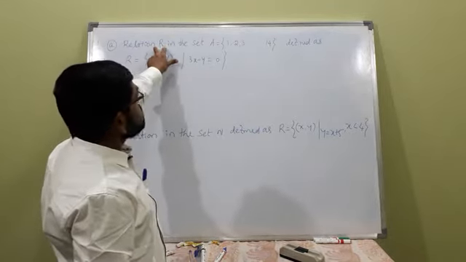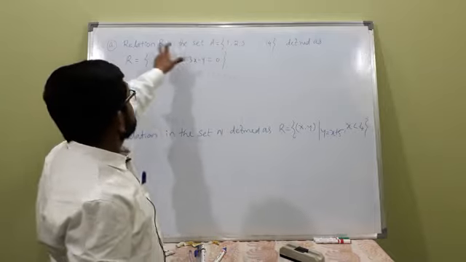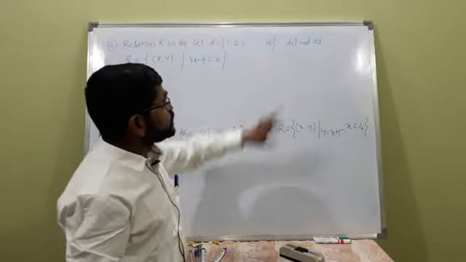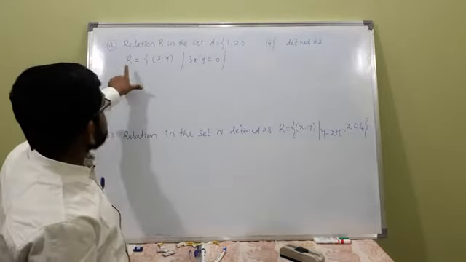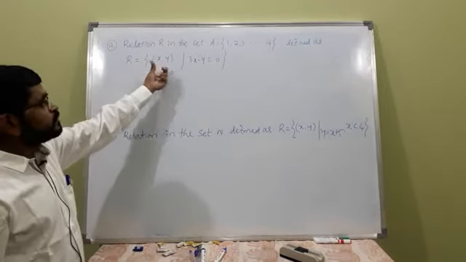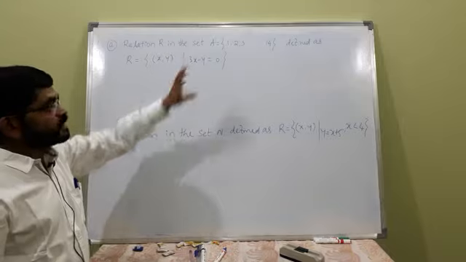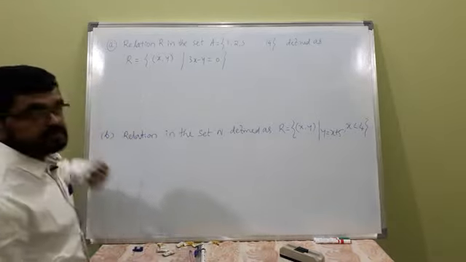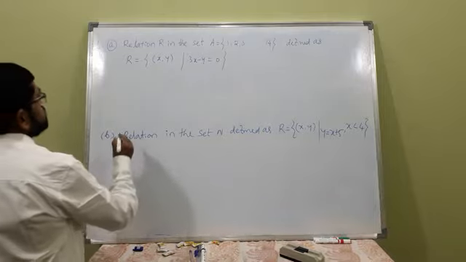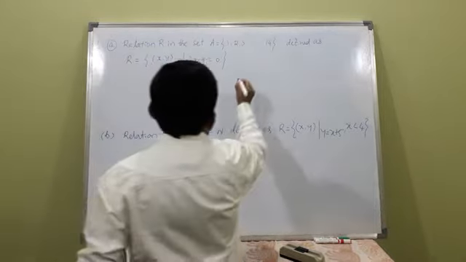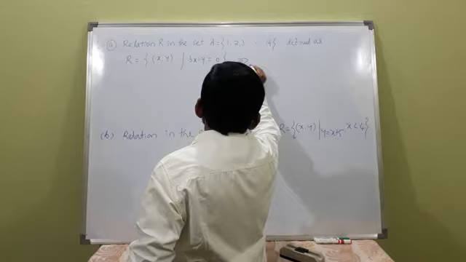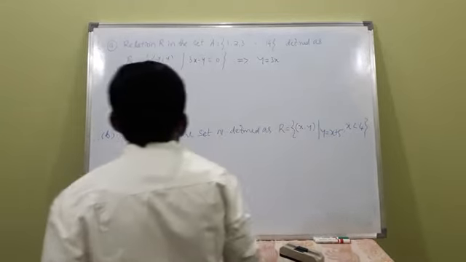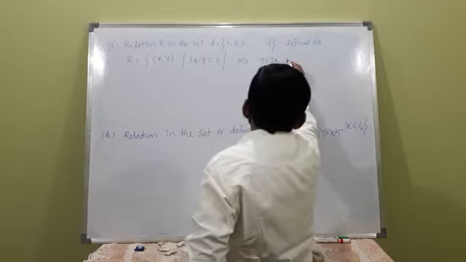A relation is defined on which set? That is defined on the set A, 1 to 14, defined as R is equal to the set of all (x, y) such that 3x minus y is equal to 0. First write the relation. This implies y is equal to 3x. So R is equal to,